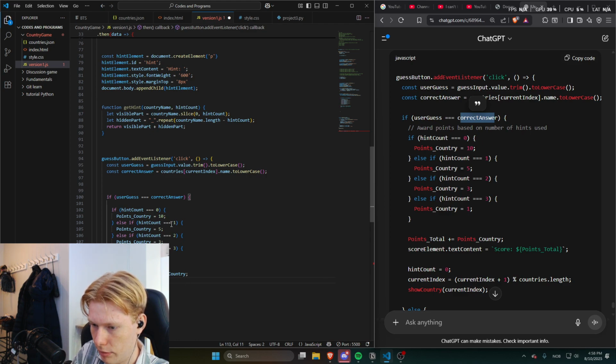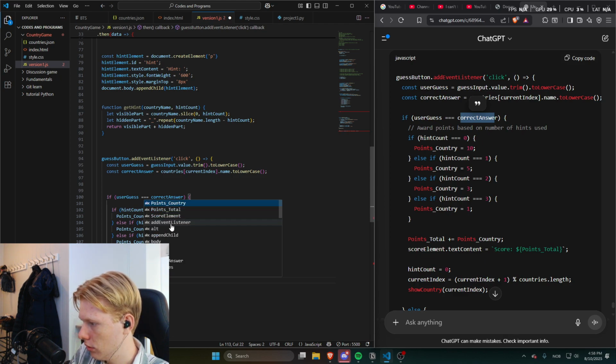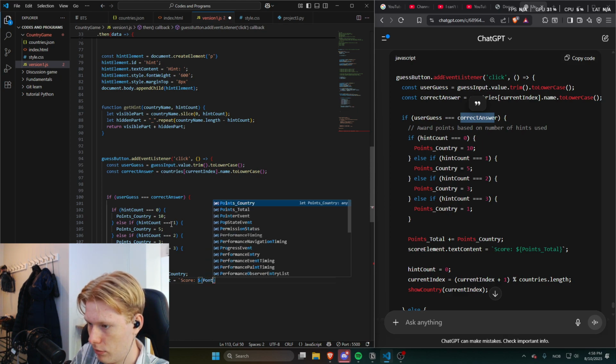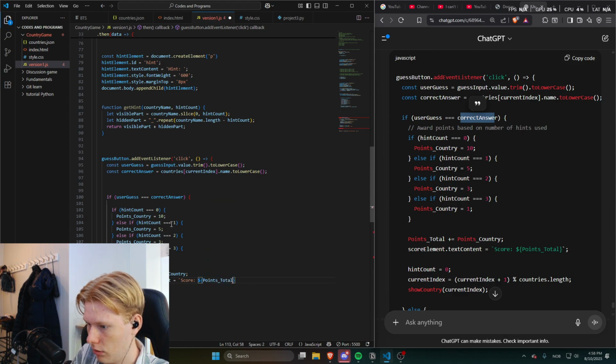Why does that happen, dude? So annoying. Text content equals the score, points country, not the points country. There. Also, it should be lowercase here. Don't know if that actually mattered, but